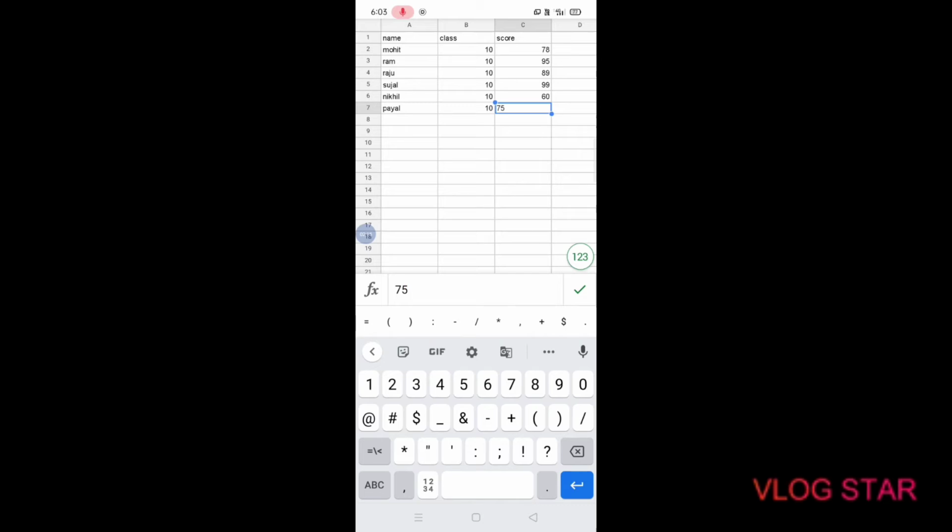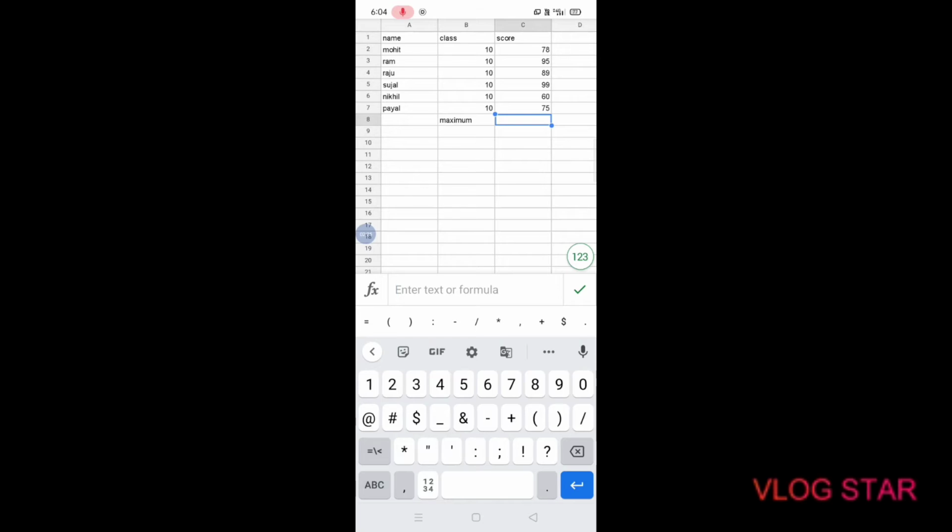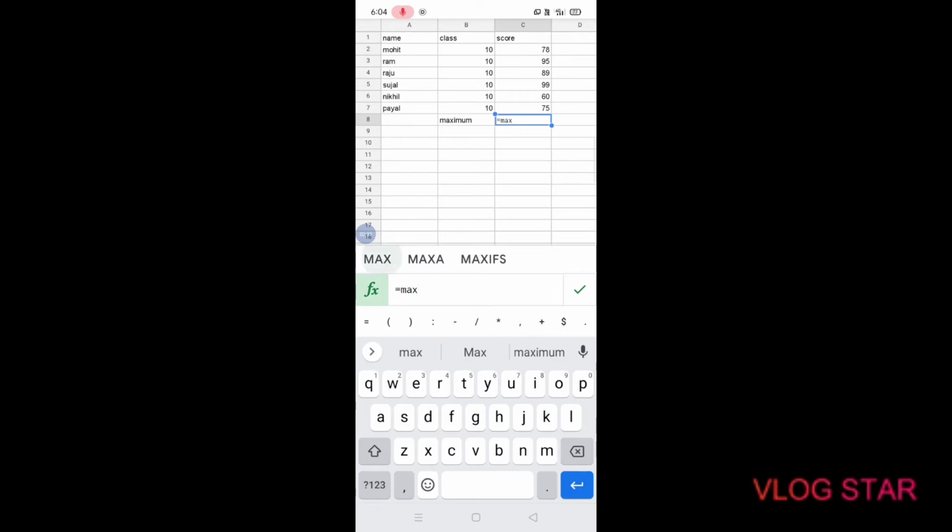Now it's done. Here you add a formula for the maximum. So here you add: equals MAX, then in the bracket, value 1 is C2. You can write capital as well as small, whichever you want.